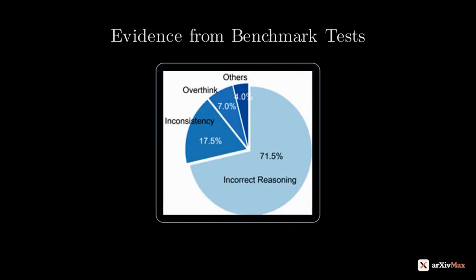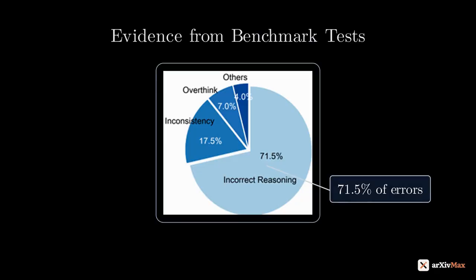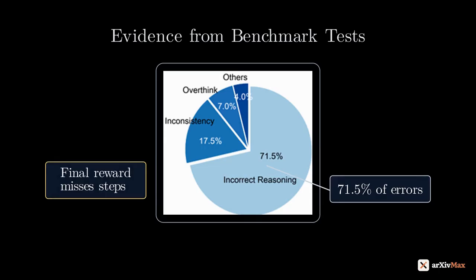To understand why, the authors manually inspect 200 samples where the base model answered correctly, but the RL version did not. The dominant error category is intermediate reasoning error. The reasoning steps contain incorrect or fabricated claims even if the final answer sometimes is correct. This confirms that outcome-only reward cannot distinguish valid reasoning from lucky guesswork with fabricated steps.